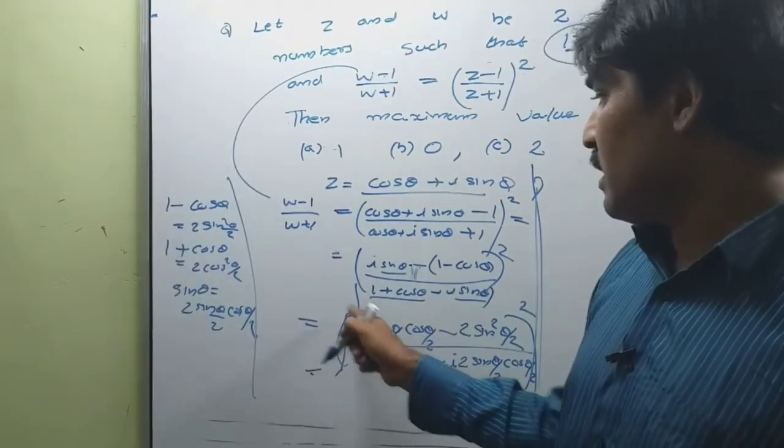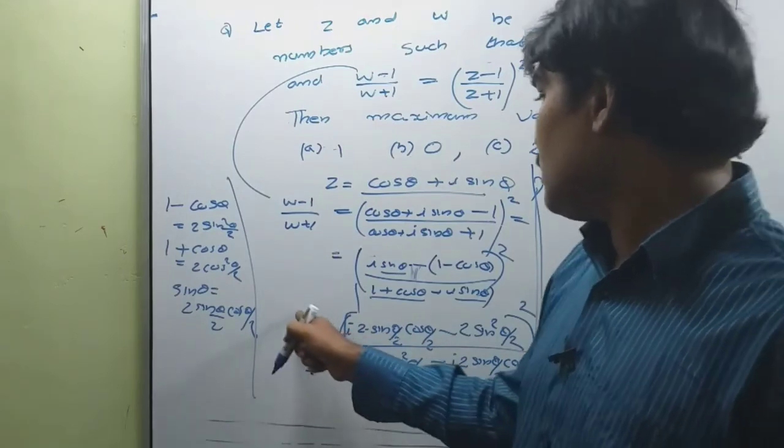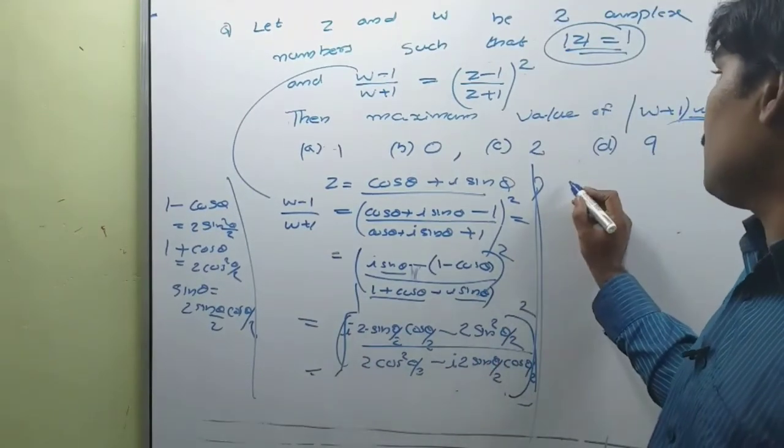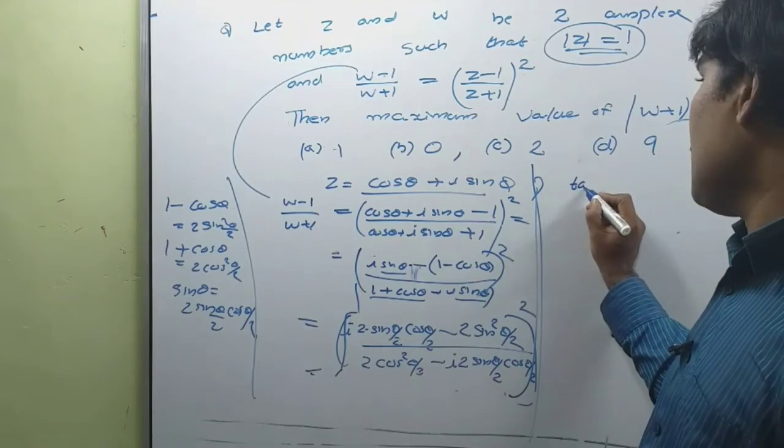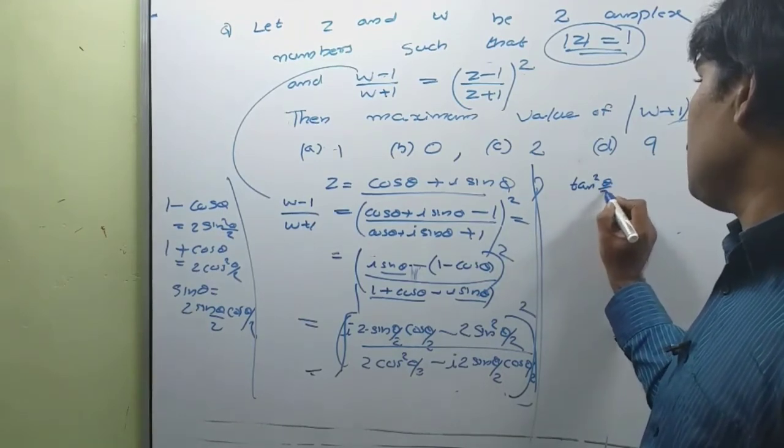Numerator sin theta by 2 taken out and denominator cos theta by 2 taken out. So this becomes tan square theta by 2